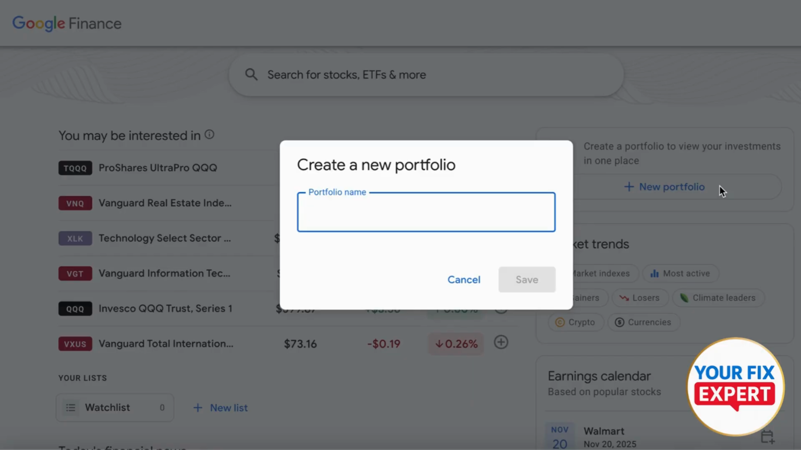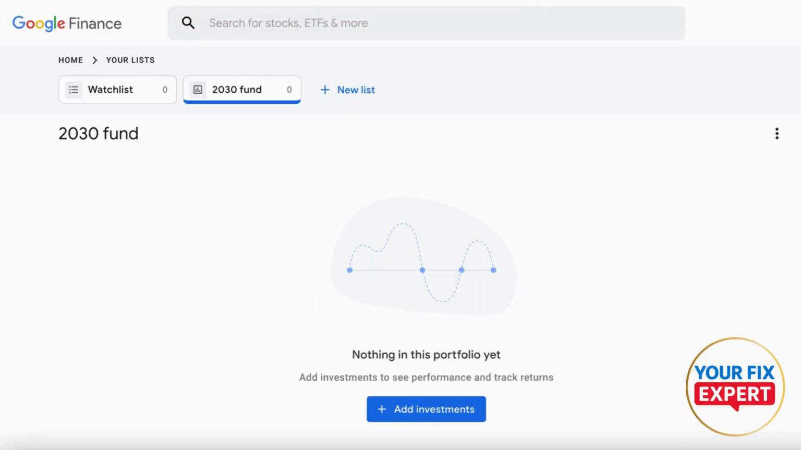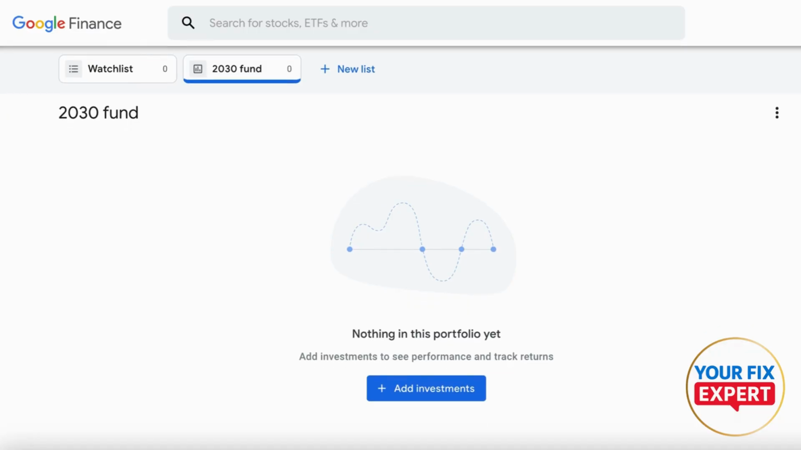And what you're gonna do, name the portfolio. Let's say 2030 fund. Hit save. Now you just created your new fund once you hit done. And you can also choose to make it a quote-unquote playground portfolio to simulate market performance without affecting real investment